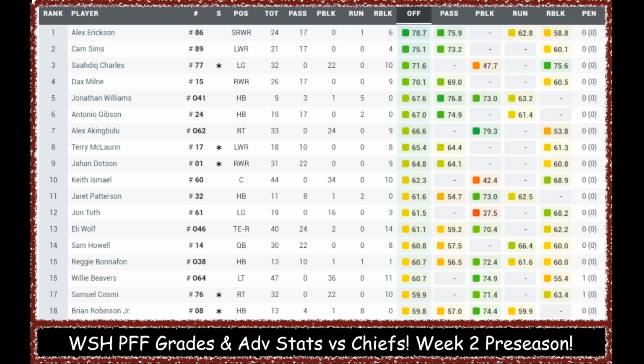Remember, the starters played almost like an entire half, at least a lot of them did. And so for Alex Erickson to be rated that high, I mean, granted, he was only out there with the backups, so he was going against backups, but he was also playing with backups. And if he was just the most stellar backup out there, according to Pro Football Focus, that's a strong case to make the team. And then probably his direct competition in the receiver room, Dax Milne, is not far behind